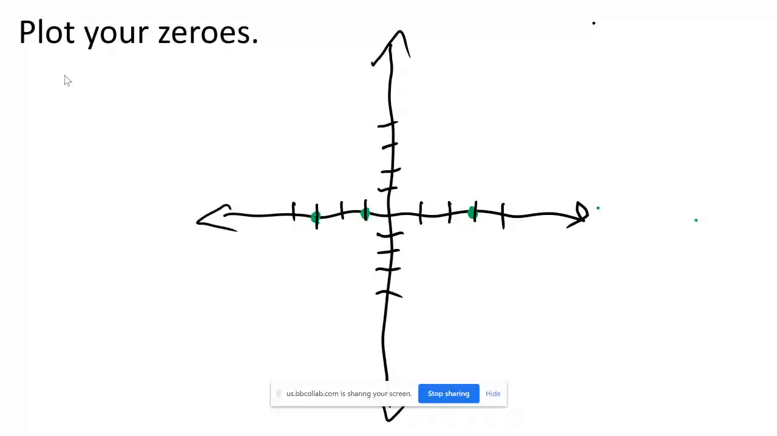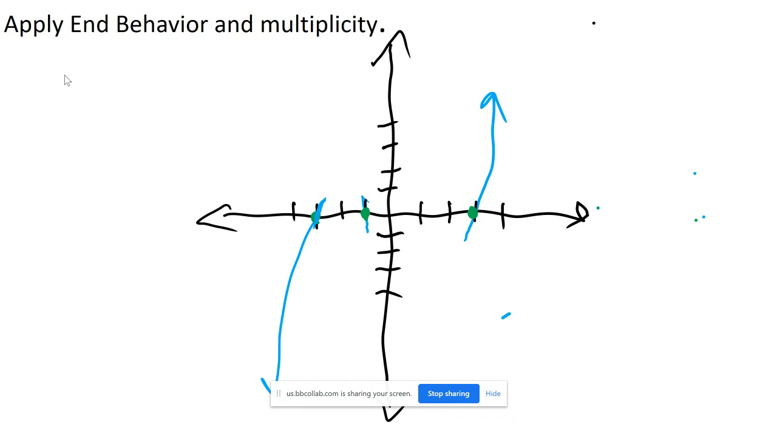Yes. Okay, so you plot your zeros, and so I did that. They are right there in green. Then our next step is to apply the end behavior, and you want to plot your end behavior at your farthest zero on the right side and your farthest zero on the left side. Okay, so if you look at my picture here, at x equals 3,